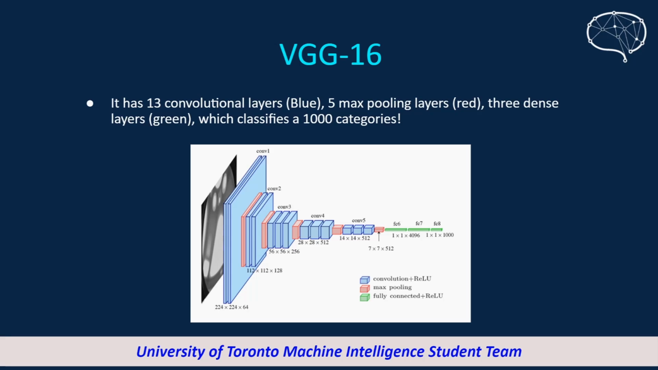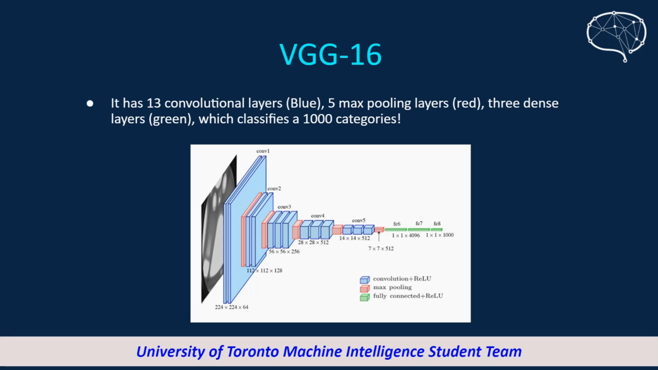As you can see in the picture below, the VGG16 has 13 convolutional layers marked in blue, 5 max pooling layers marked in red, and 3 dense layers marked in green, which classify up to 1,000 categories. If you look at the last dense layer, which has a dimension of 1 cross 1 cross 1,000, it signifies the fact that the last dense layer has 1,000 neurons, which, if you remember, as discussed in part 2, corresponds